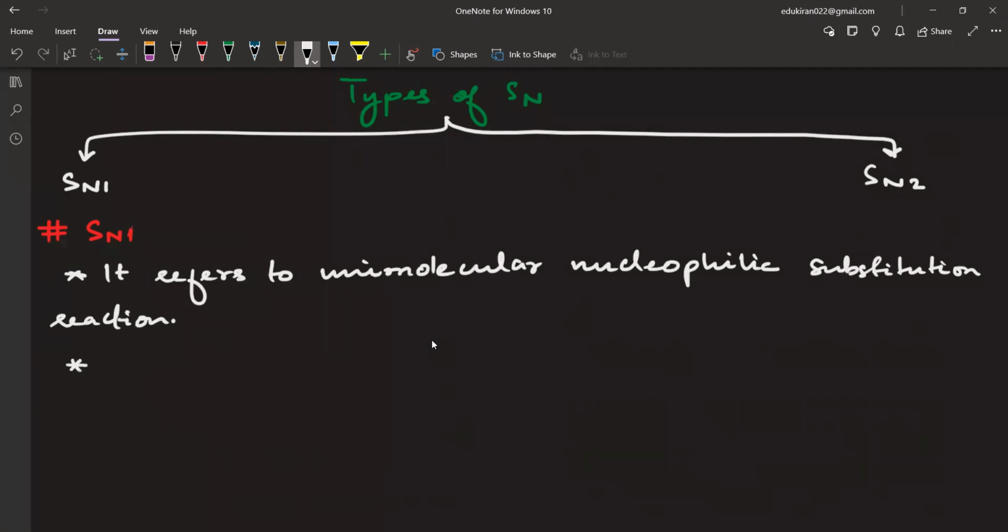With the second point, the reaction in which Rx, and I'm writing it as a reaction, short for reaction. Okay, the reaction in which